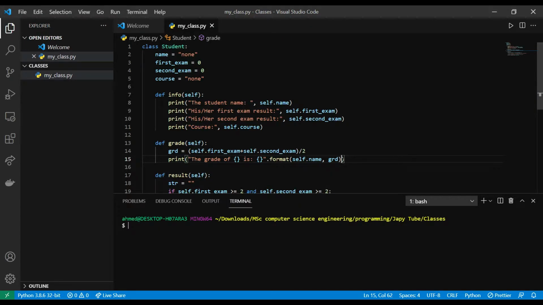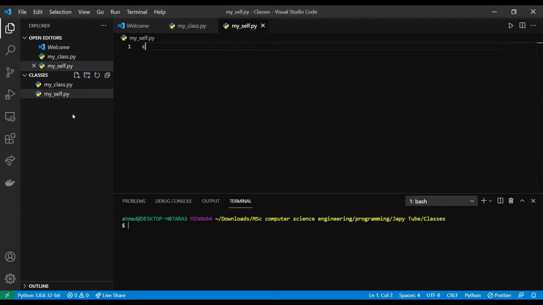So now we will continue with classes and specifically with the self parameter and the init method. To understand what the self parameter is, I will rewrite my student class with an info method but without the self parameter. So let's create a new file, for example myself.py, then create the class Student with the info method without the self parameter,